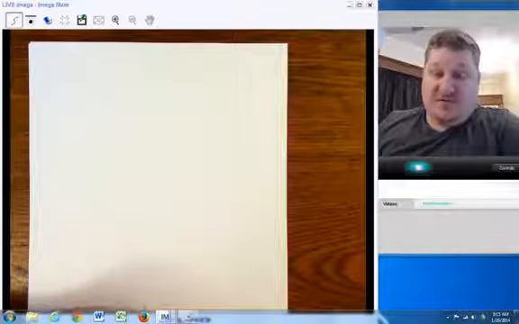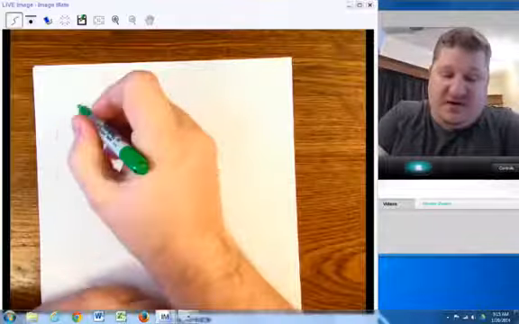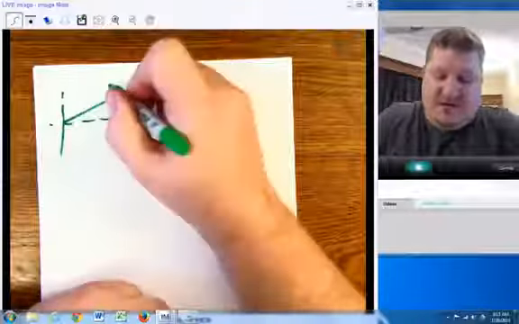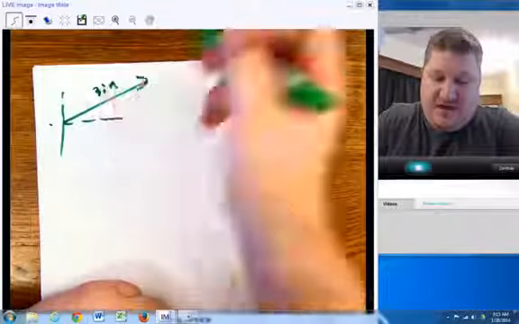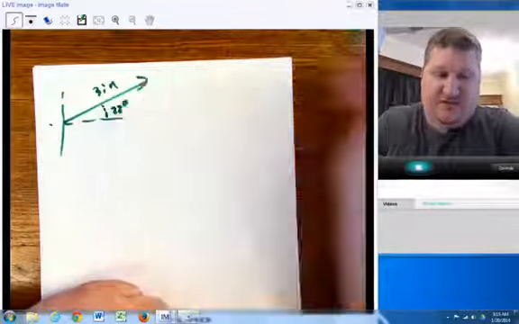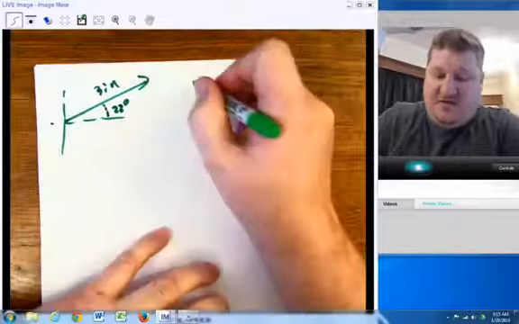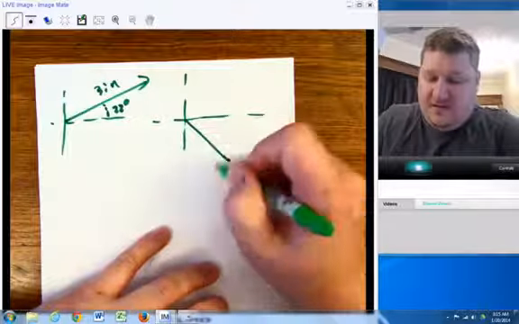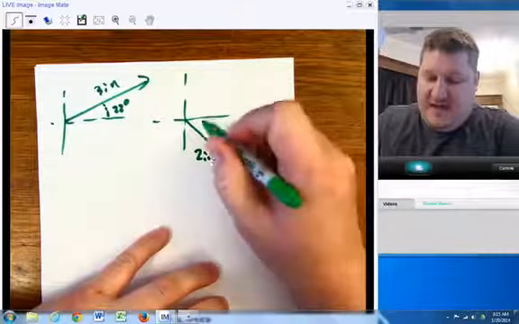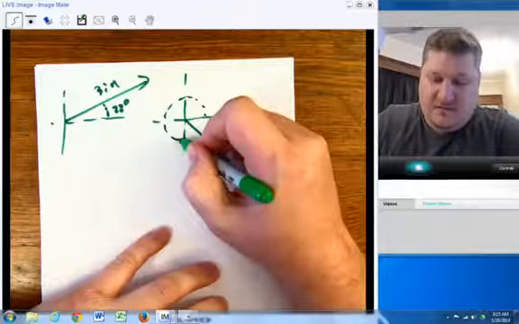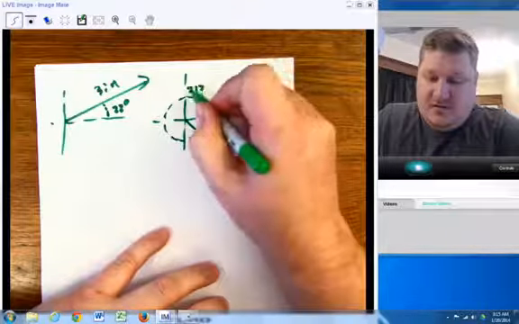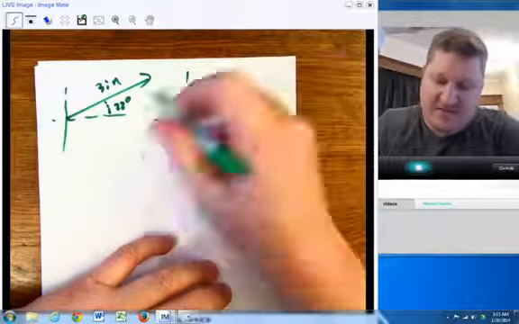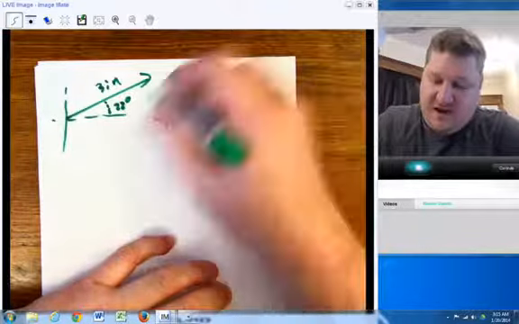All right, moving on with vectors. Before, we have been talking about vectors in terms of magnitude and direction. So, for example, 3 inches at, I don't know, 22 degrees, something of that nature. Okay, we could have another one here, and we say, oh, look, this one is 2 inches at 315 degrees. You'll notice it's always from standard position, which is the positive x-axis, always from 0 degrees around